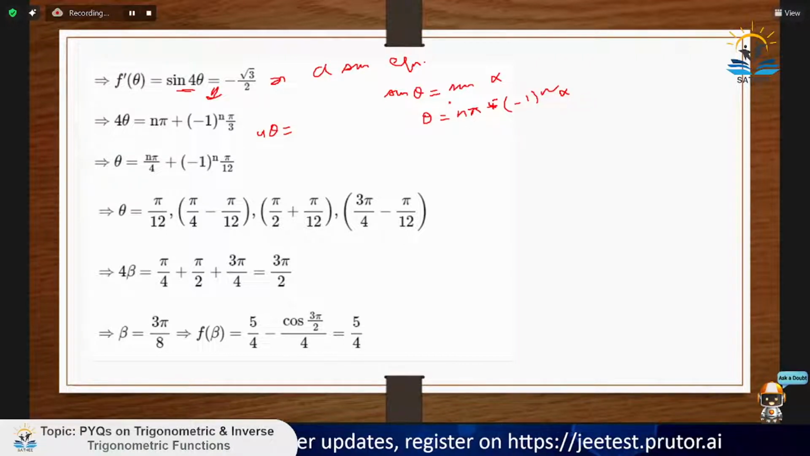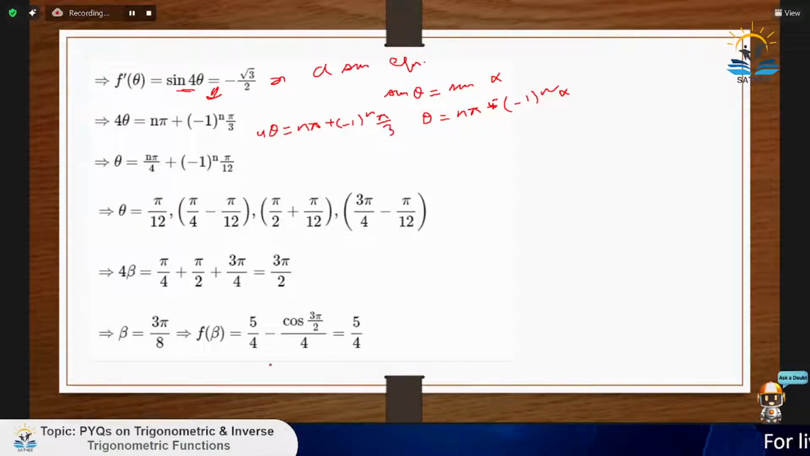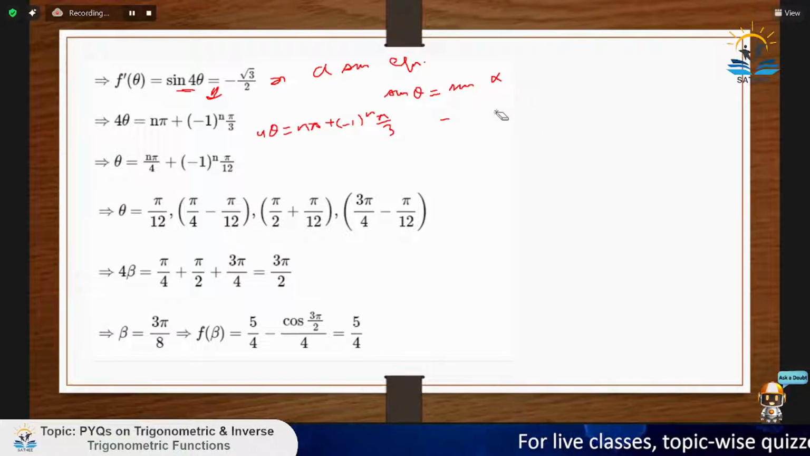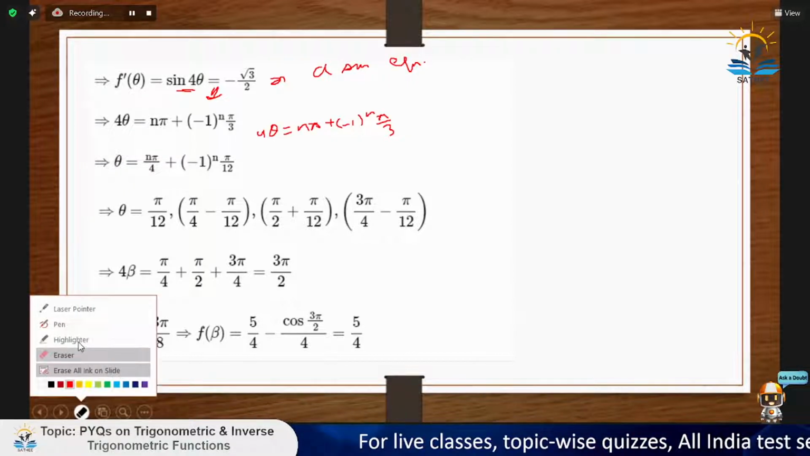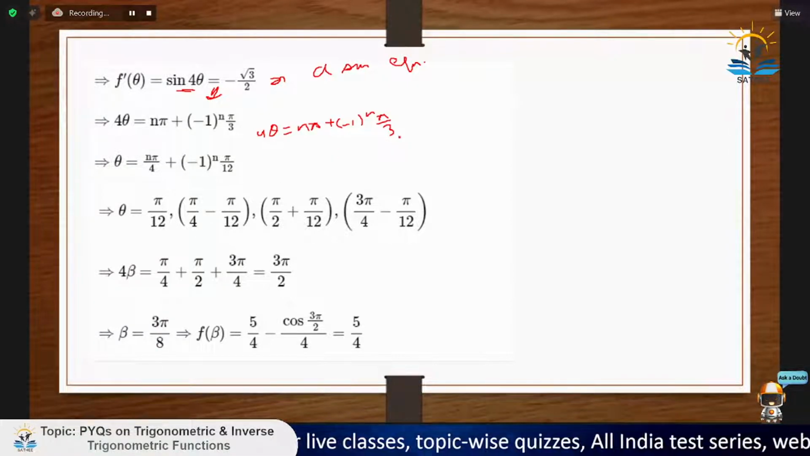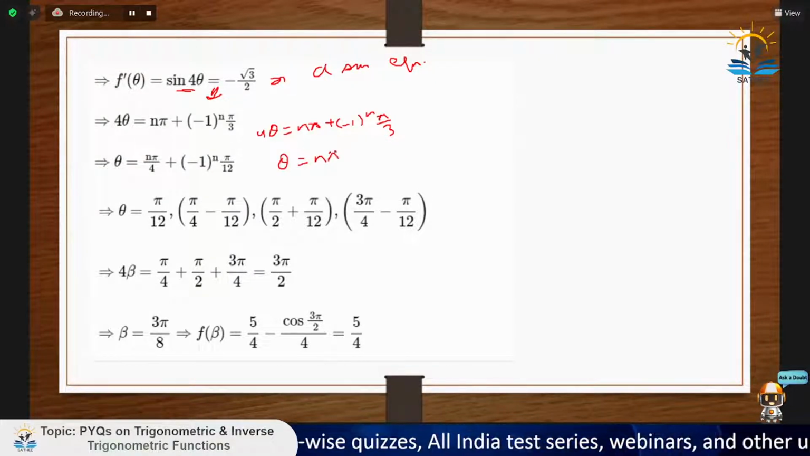If I am somewhere wrong here, please correct me. So 4 theta is equal to, from there only I am getting this expression, 4 theta equal to n pi plus -1 power n into pi by 3, because sin pi by 3 is root 3 by 2. So let me use this. Okay. So 4 theta is coming out to be equal to n pi plus -1 power n into pi by 3. And from here you can take 4 that side and you will get theta equal to n pi by 4